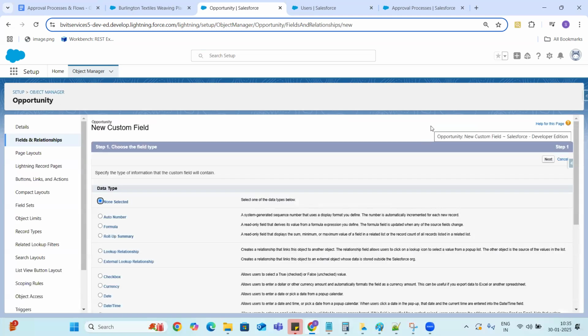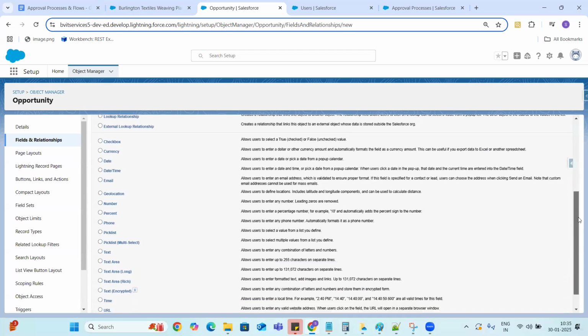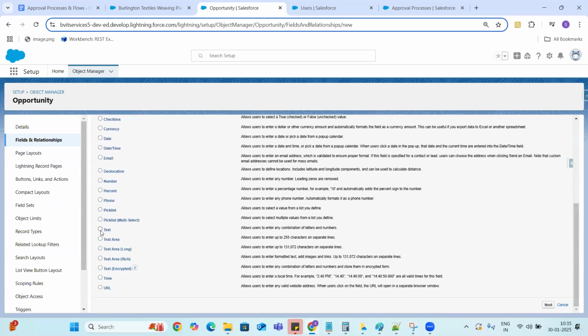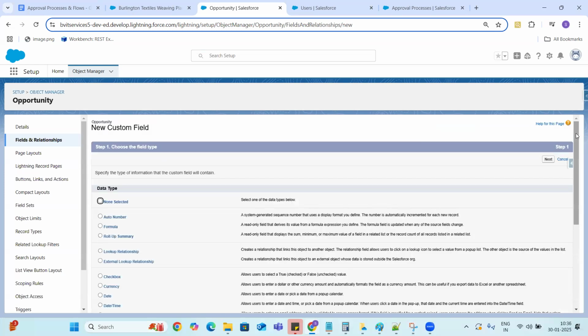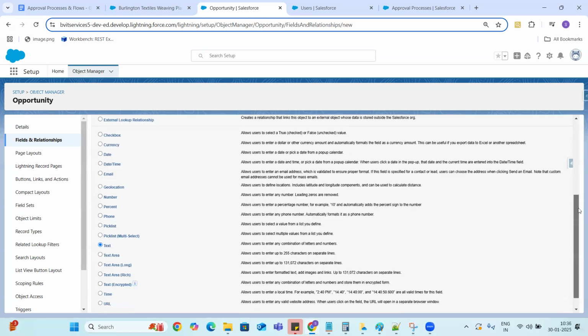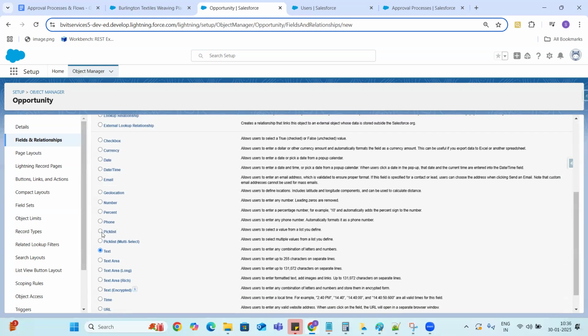So I'm going to create a new field. It can be text or pick list, anything is fine. Otherwise, just make it a pick list, because in most projects the approval status field is always a pick list.